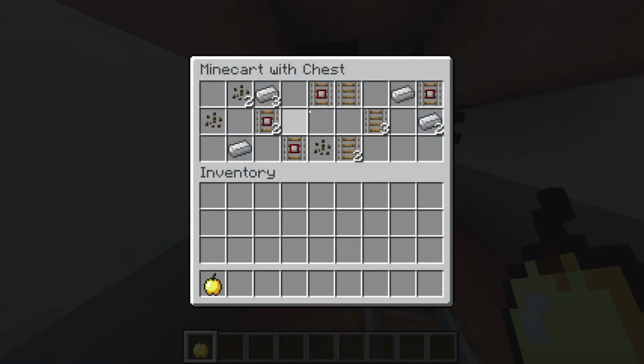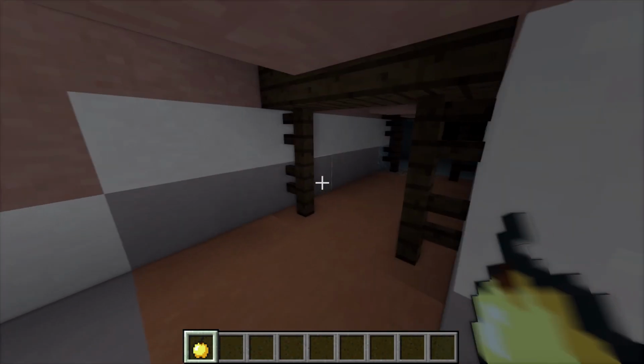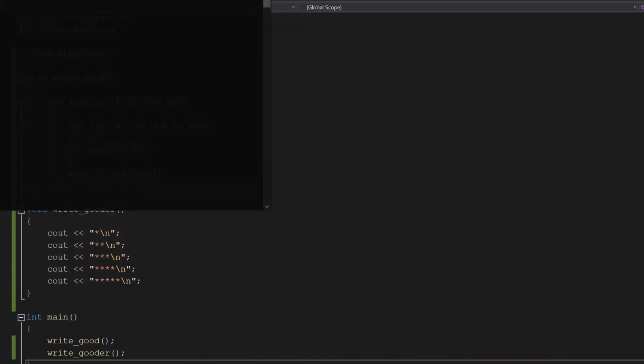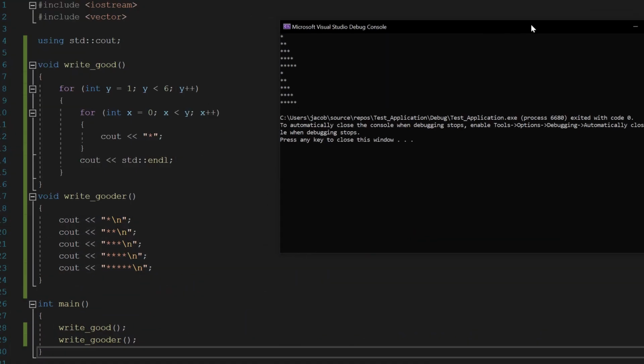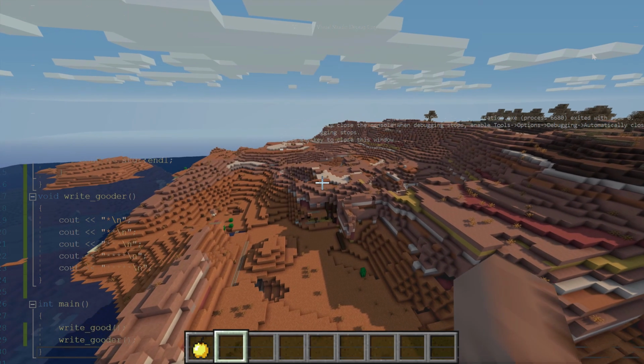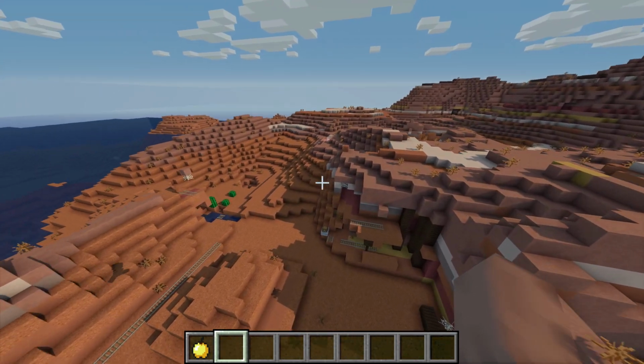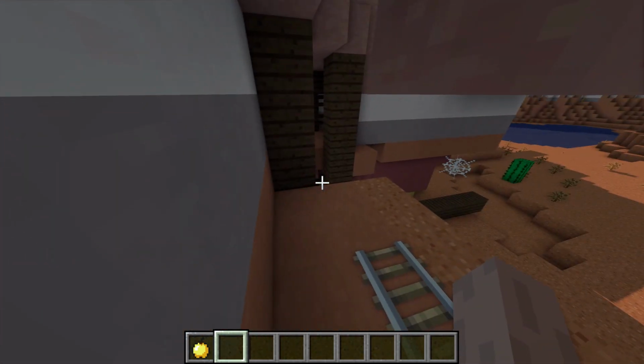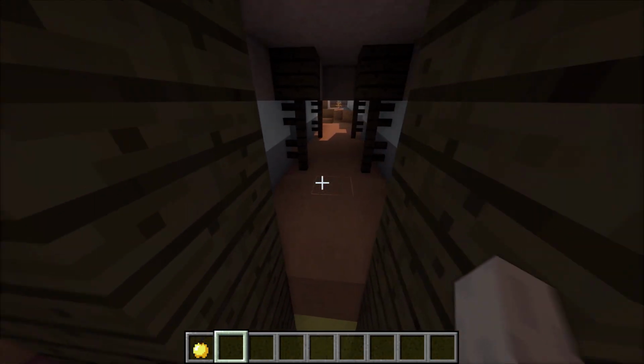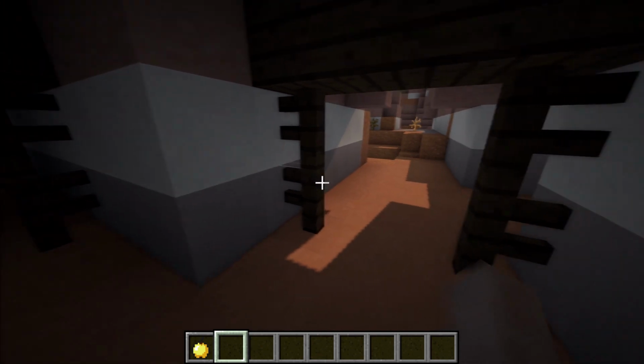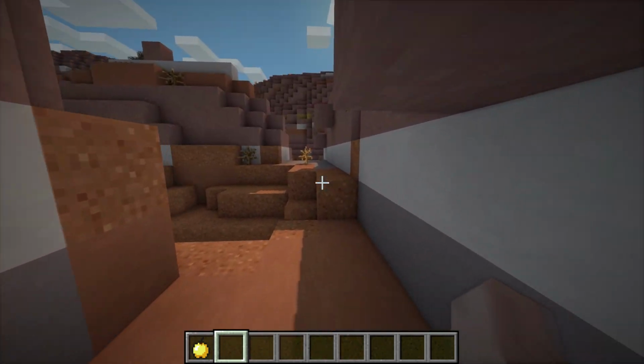Now, if you're confused by the term quality of code, what he's actually referring to is the efficiency of the algorithms being used. He actually mentions this in part of his comment, and brings up the fact that Bedrock was rewritten from the ground up by a much more experienced team rather than a couple guys programming in their basement. It's not to knock Java Edition, but it's just the facts, and proof of this can be shown on your